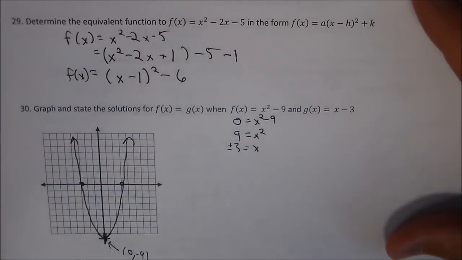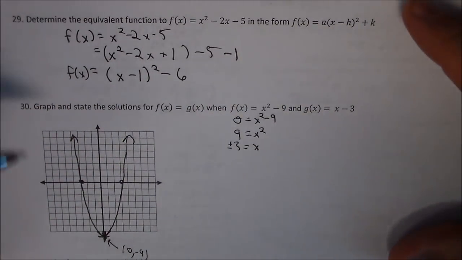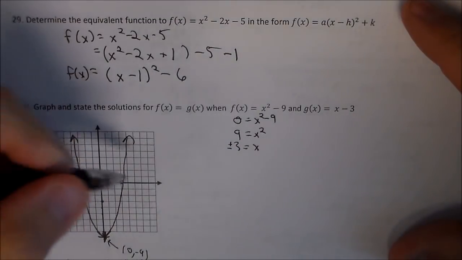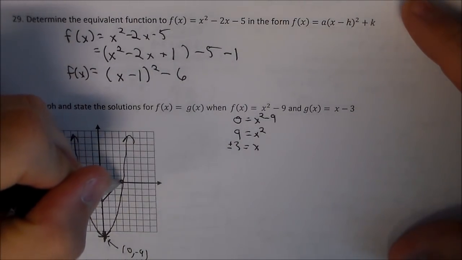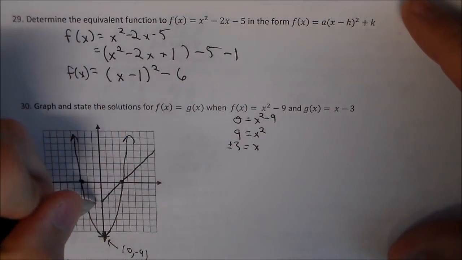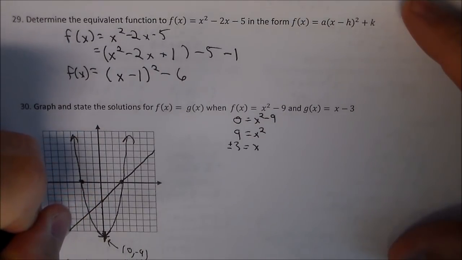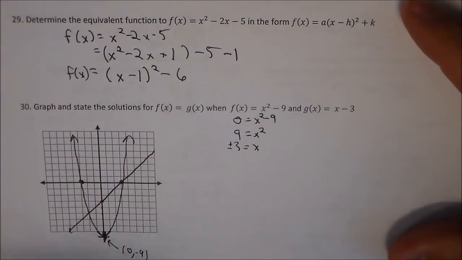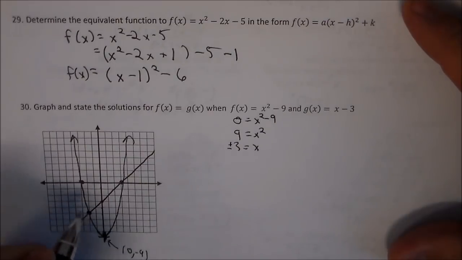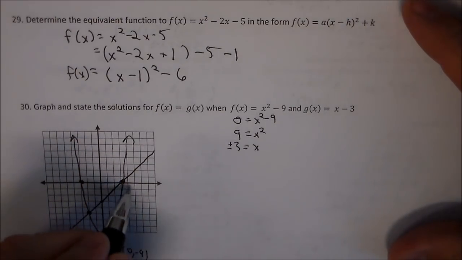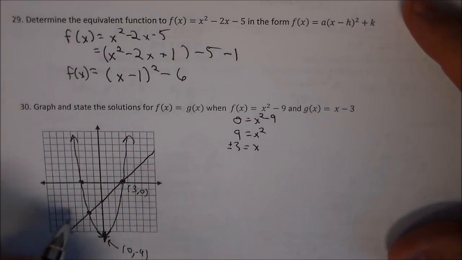Okay, and then we have x minus 3. X minus 3 is just a line. It starts at a y-intercept of negative 3 and has a slope of 1. So we have there. Now, graphing is not always the best way to indicate the solution. So if we look, we have 3, 0, looks to be where they intersect, and negative 2, negative 5 seems